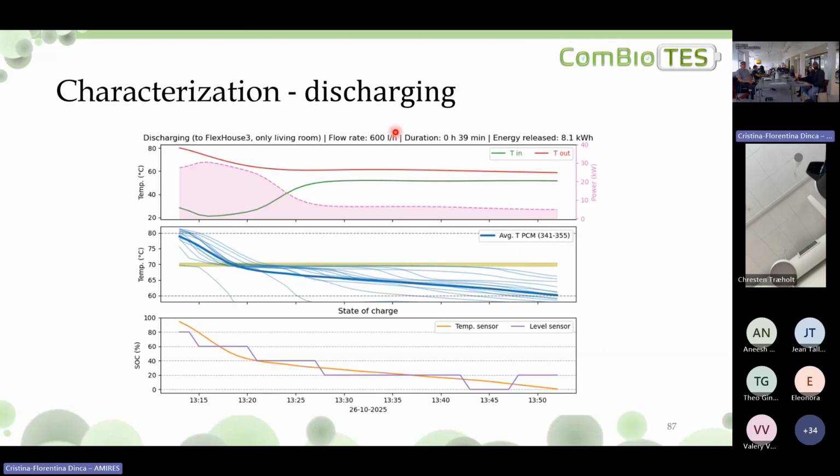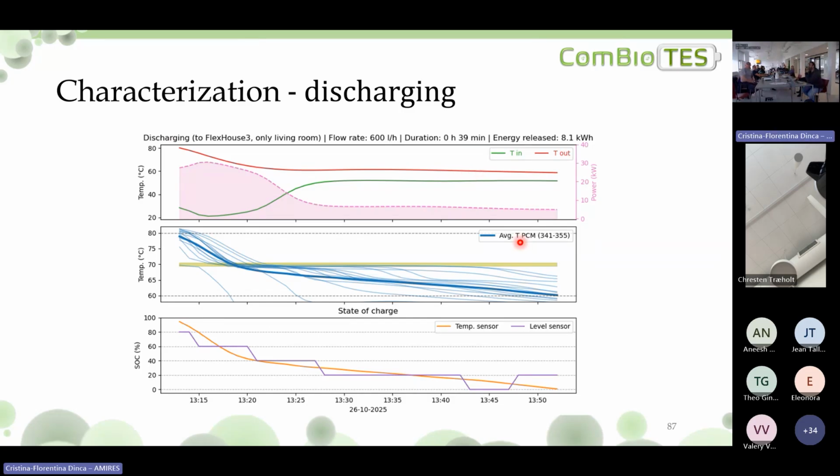This is one of the discharge tests that we conducted, where we discharge it directly to the building at a constant flow rate of 600 liters. We observe that the outlet temperature is more or less steady at 60 degrees. Then we see the power delivered initially for around 15 minutes. The power delivery is about 20-25 kilowatt, and then it stabilizes and we achieve some stable power delivery of about 5 kilowatts. The overall discharge duration we observe to be around half an hour to 40 minutes,